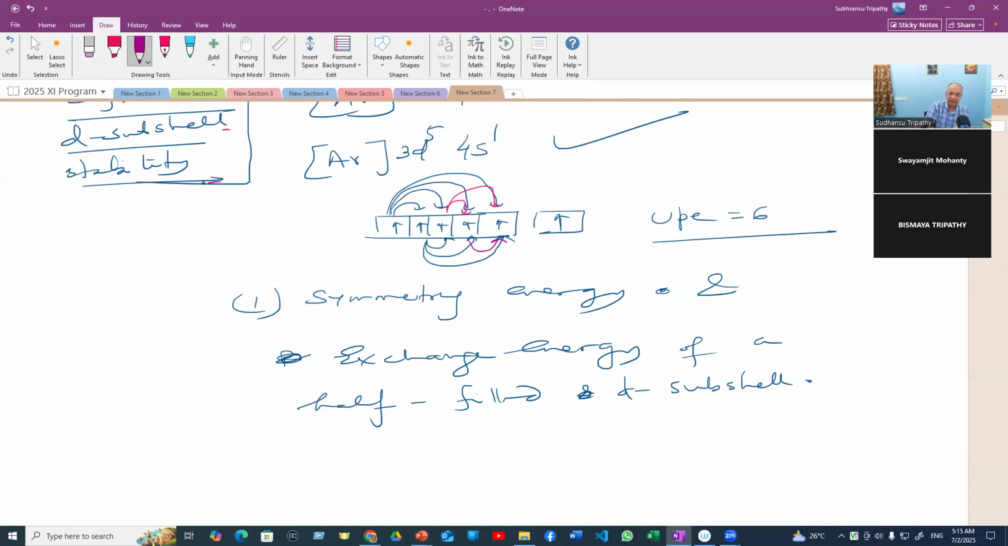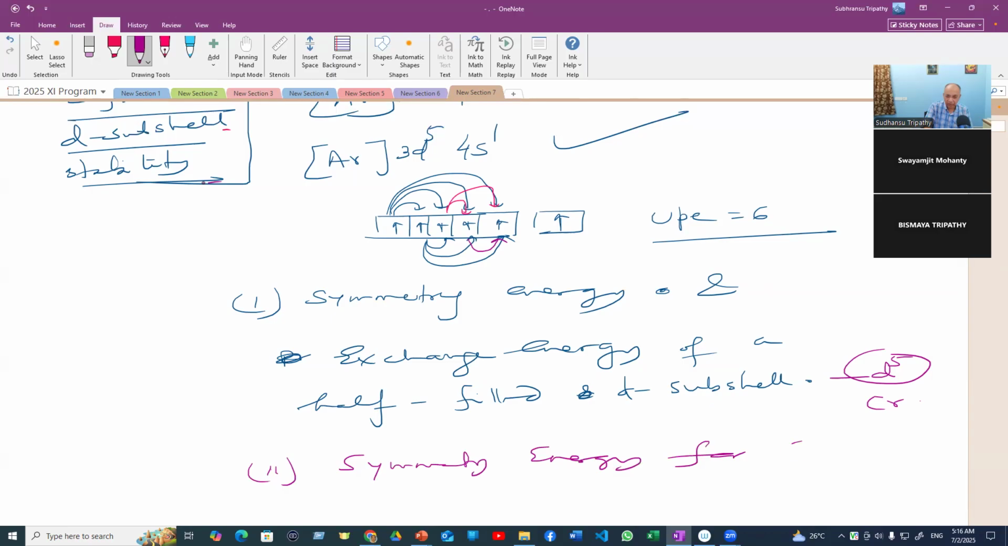So because of that, the half-filled stability. And I will tell you the full-filled stability: exchange is not there because they are all paired, but symmetry energy is very high. All the d orbitals will be doubly occupied, paired, so the symmetry energy is high. This is for d5 chromium, and only symmetry energy